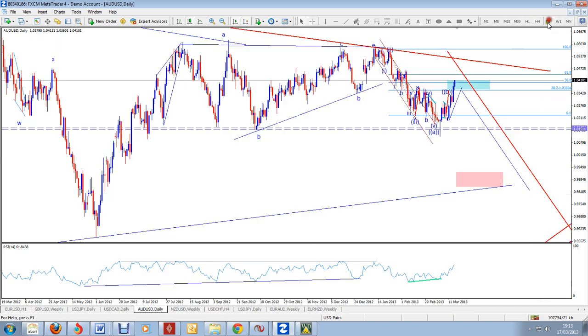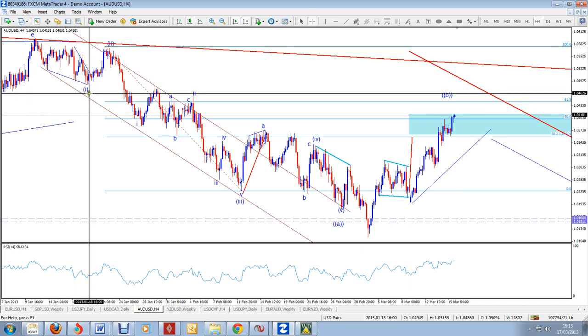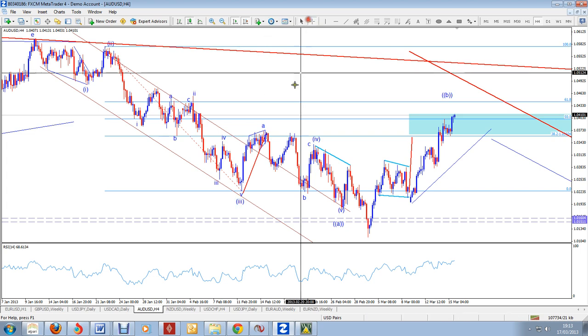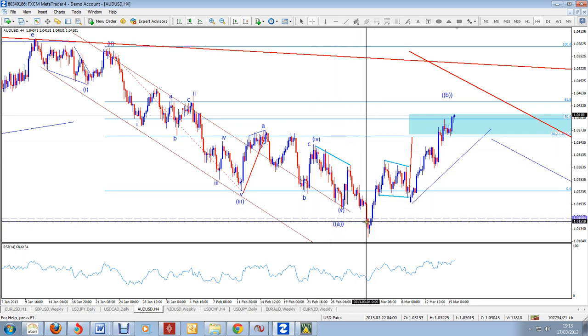So in the current time, what we've got here is not a very strong impulsive leg to the downside. Because of that, I'm labeling this as a possible A, and we are going back up as a possible B, which should probably be fairly close to completion. So this down is some kind of 5-wave down. Again, it's been very unclear, but it looks like this one was a leading diagonal to give us a wave 1 in bracket, wave 2 in bracket, then wave 3 in bracket to here, then this as a very complex wave 4, and then we have wave 5, which is like an ending diagonal.